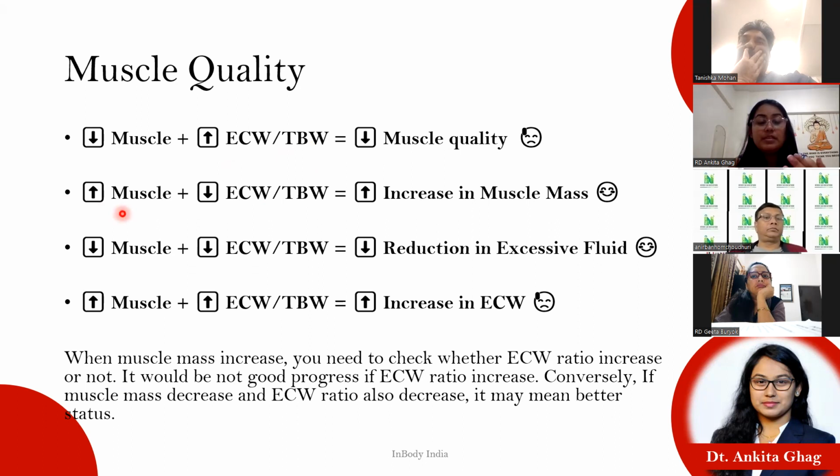Here, when the muscle mass increases and extracellular water decreases, that means the muscle mass is increasing. But on the contrary, if the muscle is dropping and extracellular water is also dropping, most of the time, if we just assess muscle along with fat, it is a bad sign. But when I am seeing it with the water levels, it's a good sign because the person is coming out of excessive water retention. So it's proper that the muscles are also coming down, meaning the inflammation is coming